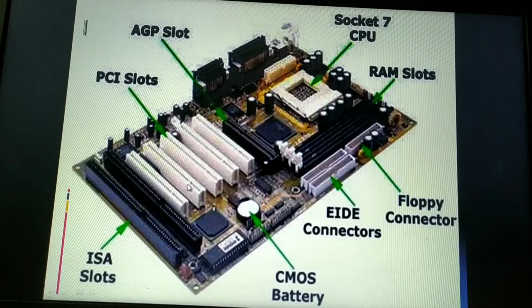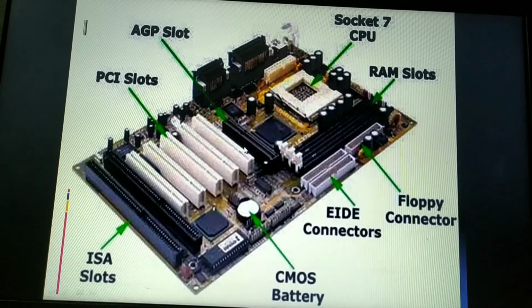The expansion cards are inserted in the expansion slots. They provide new features by increasing the performance of the computer. We have different slots, like ISA slots, PCI slots, AGP slots, and RAM slots. So different kinds of slots we have.